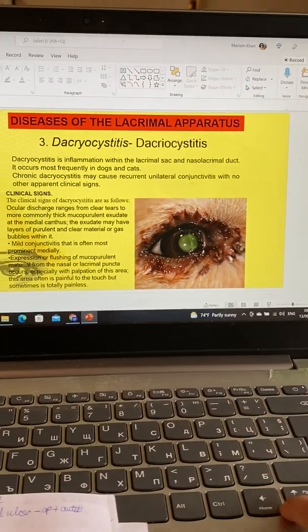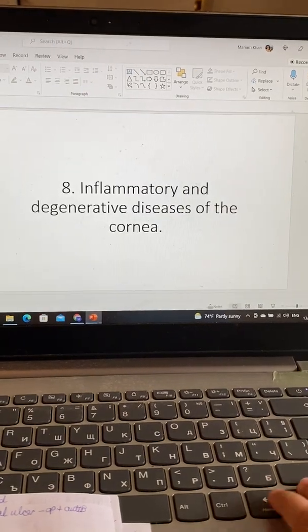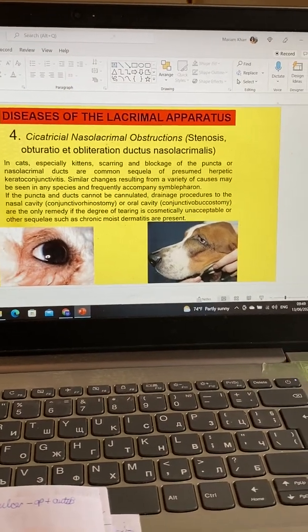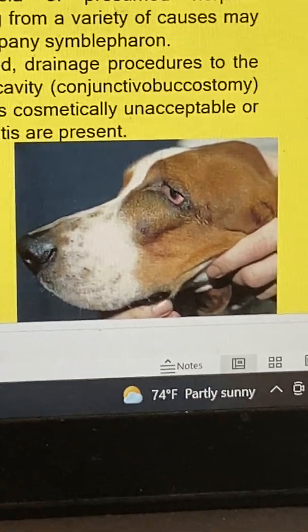Next disease is, I just want to get the right one for you guys. Okay, because I can't read it. All right, I think it's this,